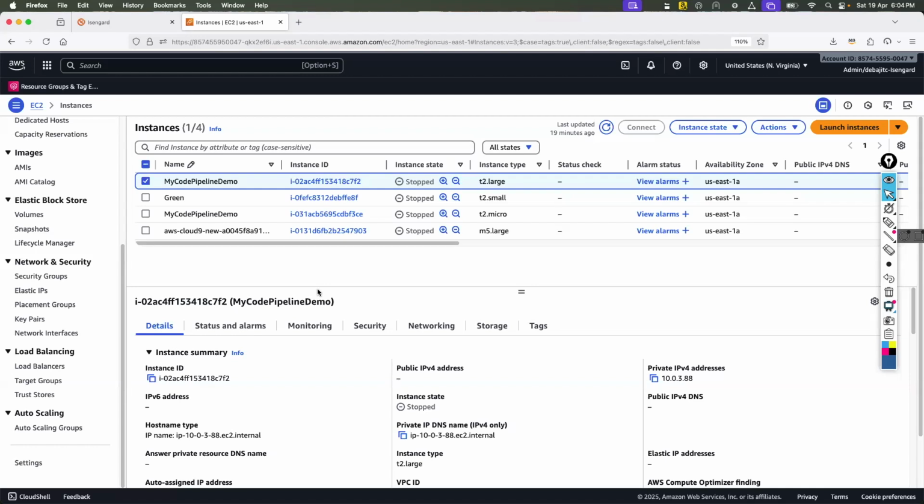To avoid that problem, we use Elastic IPs. When we allocate an Elastic IP, whenever our server reboots or anything happens with the server, the IP will not change, and the user accesses it by that IP only. Good.